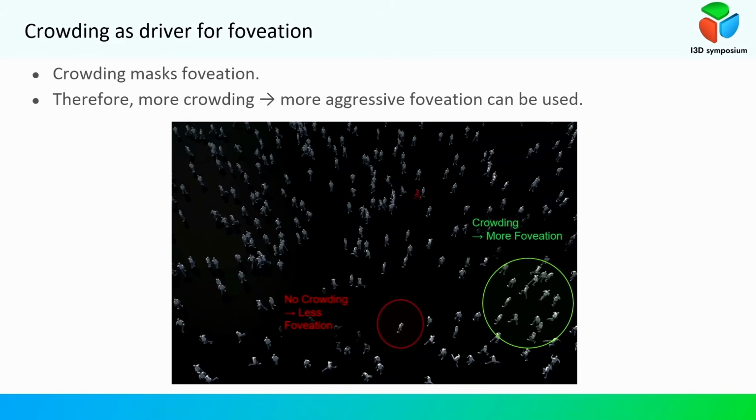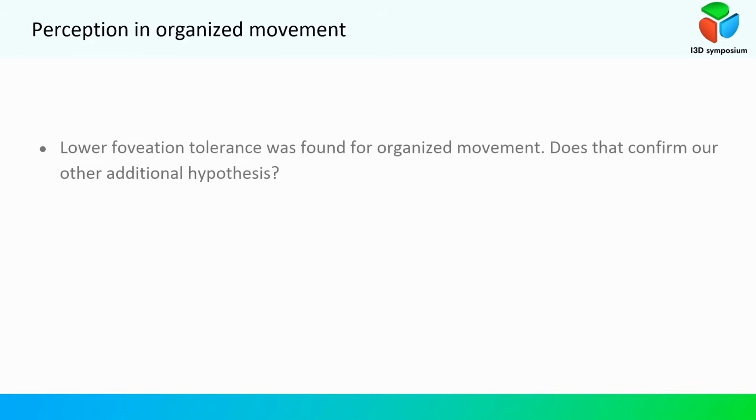Nevertheless, because now we have confirmed that crowding leads to better tolerance, we believe crowding itself can be used as a driver for foveation. That's to say, if we have no crowding in one specific area, there should be no foveation there. But if we have a lot of agents in one specific part, there should be much more foveation in that specific part. We've also found lower foveation tolerance for scenes with organized movement, that is, the other scenes